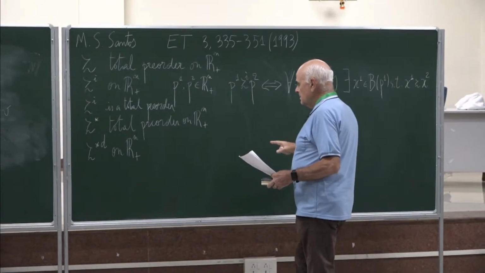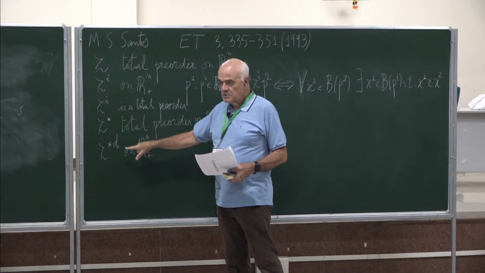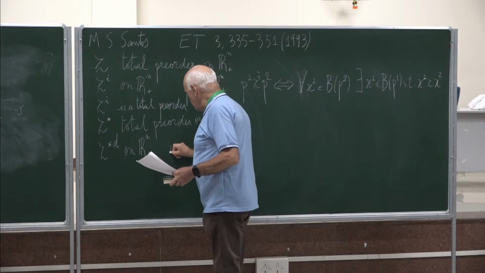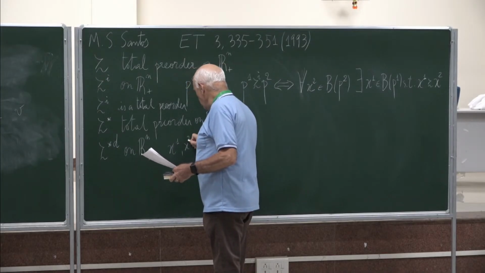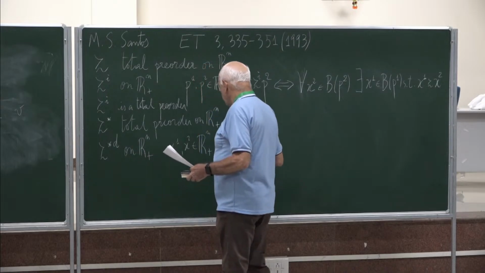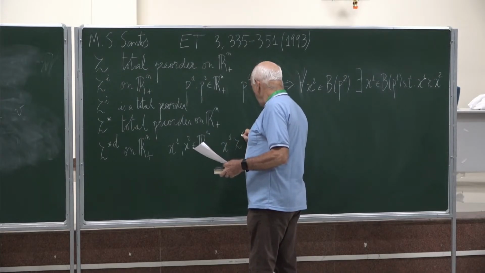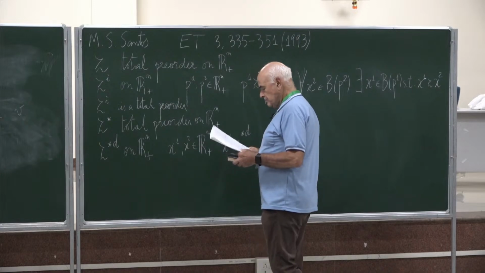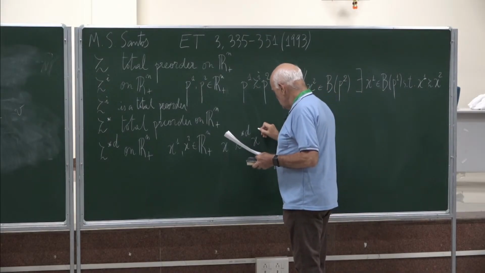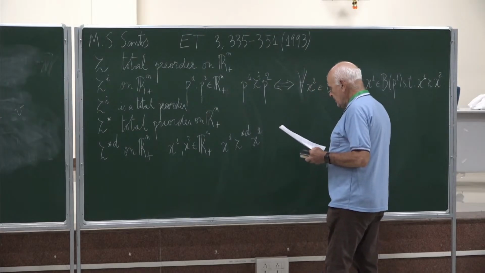Our initial preorder is on prices. With it, I associate a preorder on commodity bundles. Then, for two commodity bundles x1, x2, I will say that I prefer the first one to the second one if